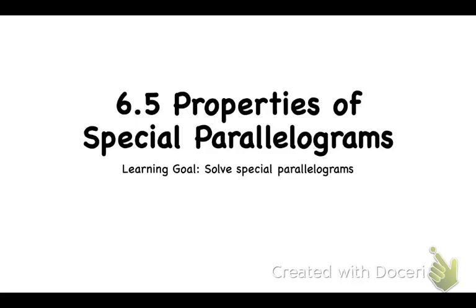6.5, the last section in our chapter is properties of special parallelograms. So our special parallelograms are rectangles, squares, and rhombus. A rhombus. So the first one we are going to look at